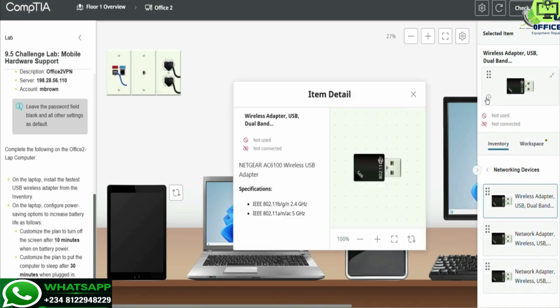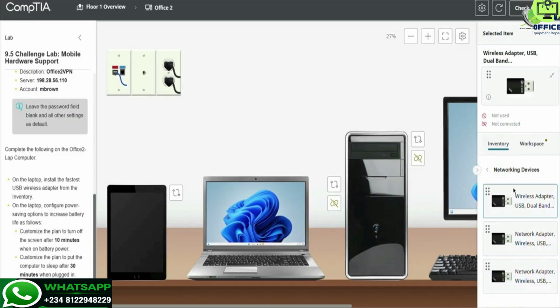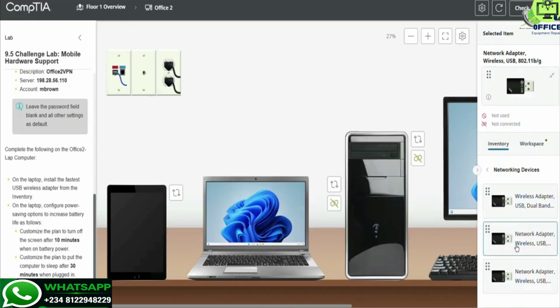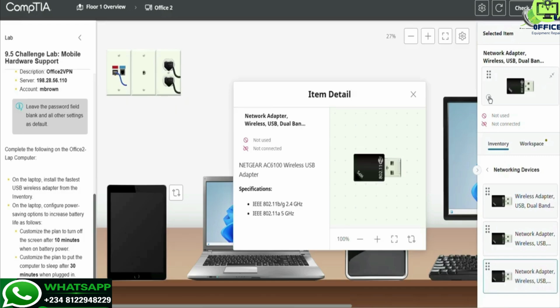So this is the fast one, see the speed here. Let's close this. We want to make sure we select the fastest. So we try the other one and compare the speed. So this is going to be 2.4 gigahertz. Okay, let's check the third one. Let's see the specification. It's going to be 2.4 gigahertz and 5 gigahertz. Okay, so